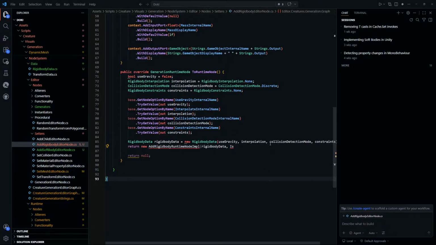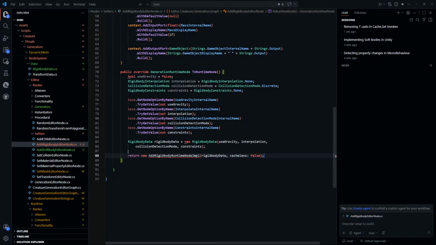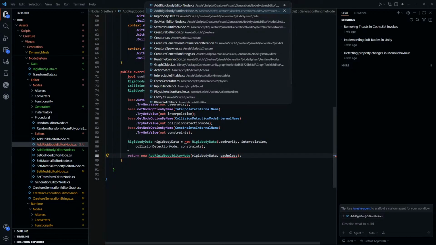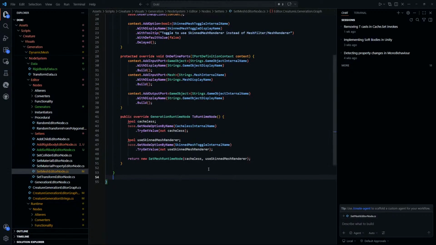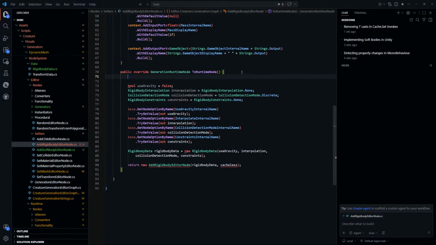What kind of completion is this? There we go. And then we want to know, return new. Okay, add. Oh yeah, we want to get the cache as well. Which we could probably